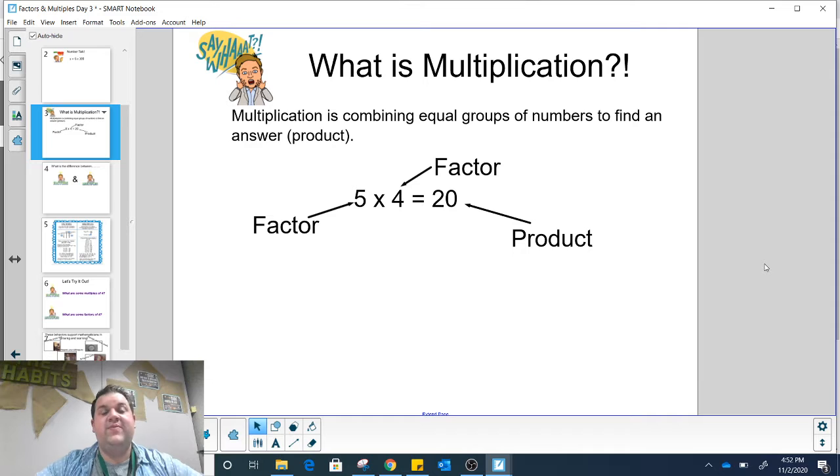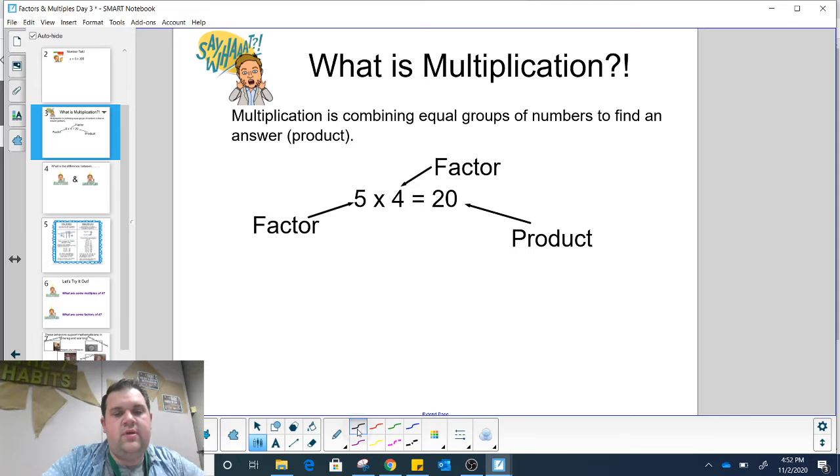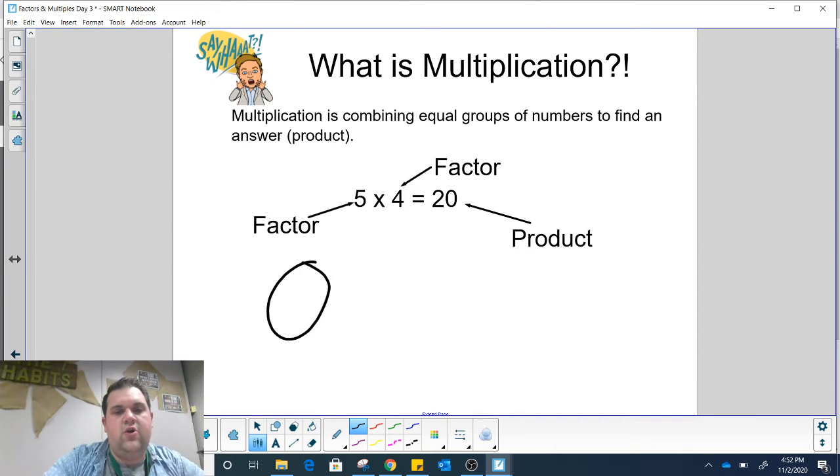So let's get started. I just want to remind you of what multiplication is, and I also want to talk to you about some different parts of a multiplication equation before we get into what today's lesson is. Just as a reminder, multiplication is combining equal groups of numbers to find an answer or a product. And remember, the numbers that we multiply together are both factors, and the product is the answer of those factors multiplied together. So just as a quick review, when we have 5 groups of 4,